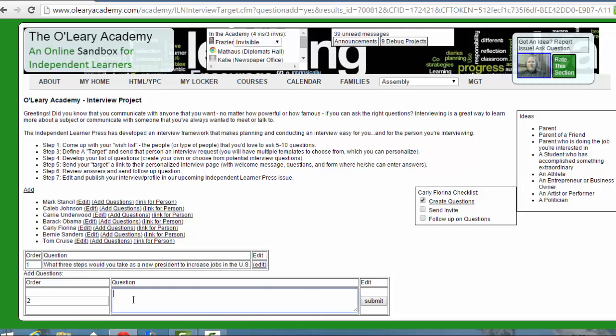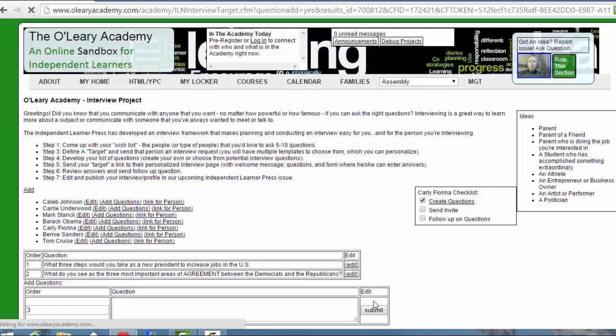And let's add another one. What do you see as the 3 most important areas of agreement between the Democrats and the Republicans? Okay, so you're submitting your questions,